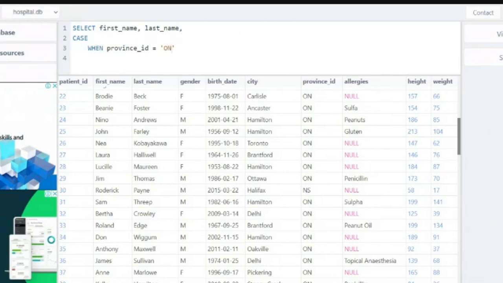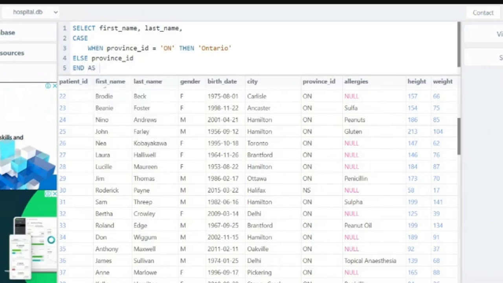Let's make sure that we have the proper capitalization, capital O. Then, and then open quotes, Ontario, close quotes. In the meantime, we're going to focus first on Ontario and close the command with else. Later on, we can add more cases after pulling it up. So else, otherwise, meaning province ID is going to be retained.